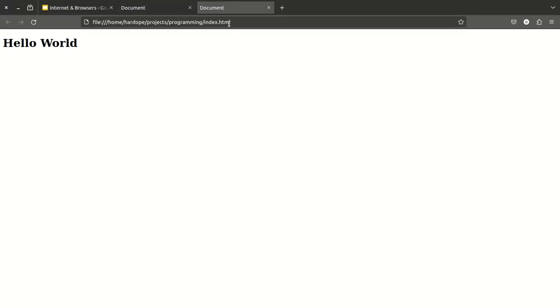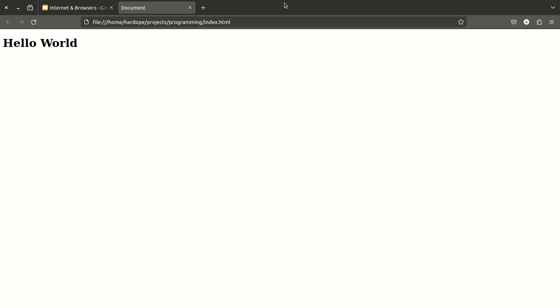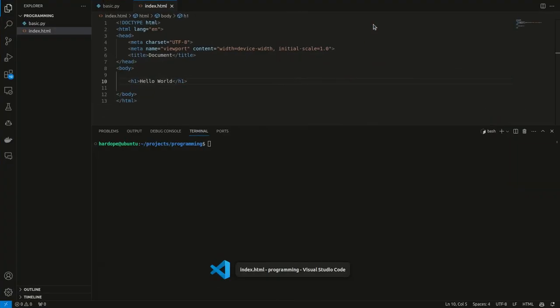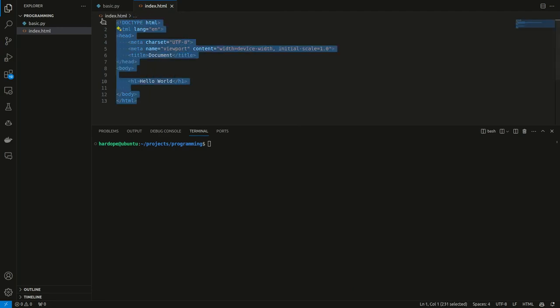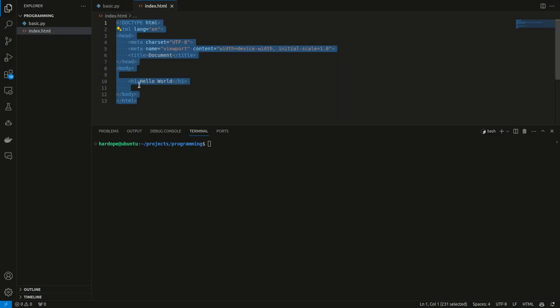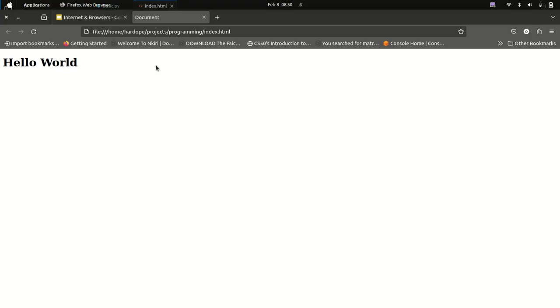So now this is the HTML file that I opened earlier. Like this is the HTML file that we wrote in our code right here. So now here we have the index.html, right? And this same HTML is opened right here in our browser. So we have the hello world that is being displayed. But it looks like we wrote a bunch of lines of code here, but we can only see one line, hello world. Why is that?